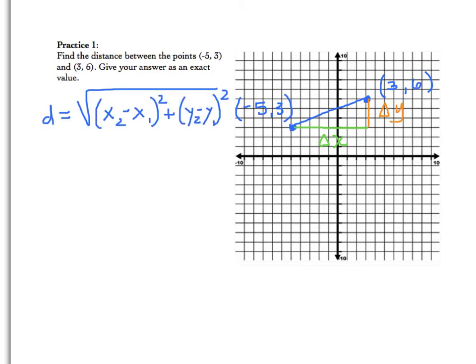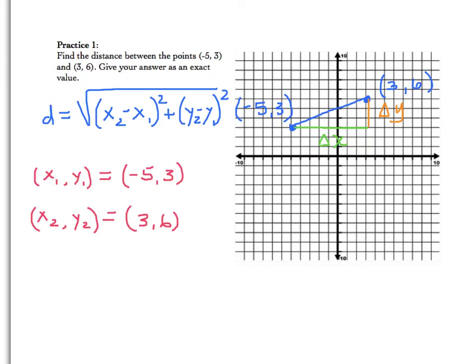So I have 2 recommendations. First, write the distance formula down. And the second piece of advice that I have for you is to go ahead and label each of your points up here as x1, y1, and x2, y2. Go ahead and finish your problem